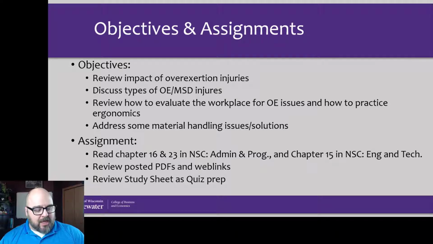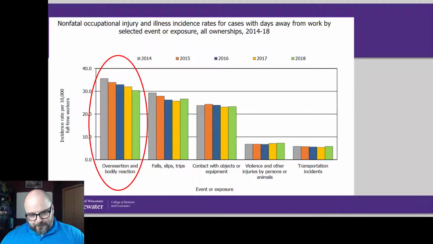Again, I'll try and guide you through the study sheet. And I got some really cool, not really cool, funny, I think they're funny YouTube videos to watch, and then some other things I want you to take a look at. So this is meant to be sort of getting more into the application, because we